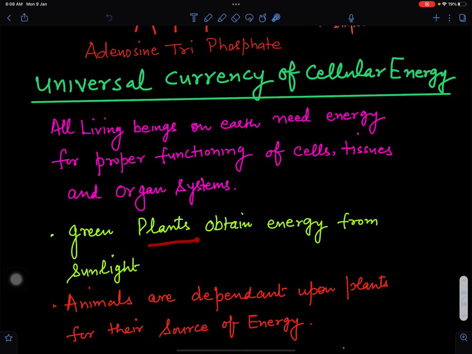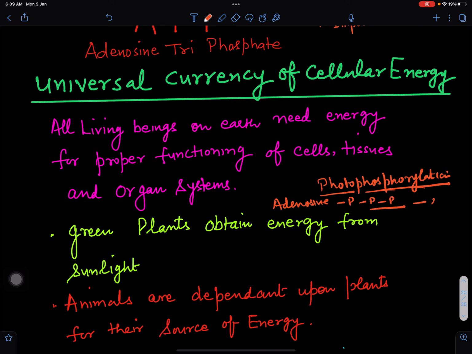So green plants obtain energy from sunlight, and that sunlight energy is used in photosynthesis. And during photosynthesis there is a process called photophosphorylation. Phosphorylation means addition of phosphate, photo means light. So in the presence of light, adenosine will be added three phosphates and lead to formation of ATP,